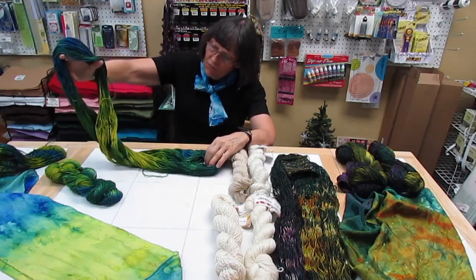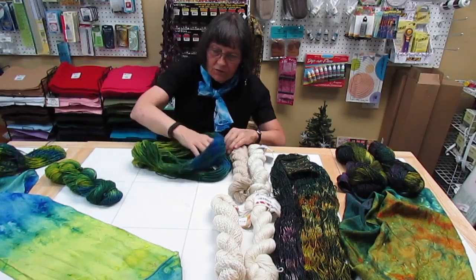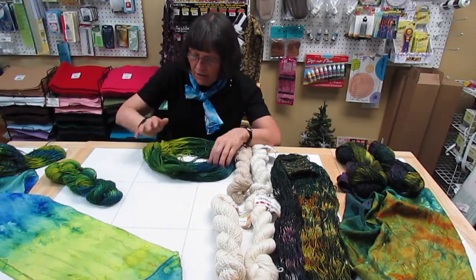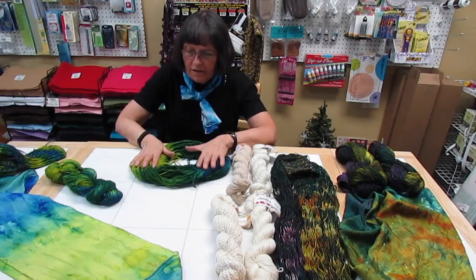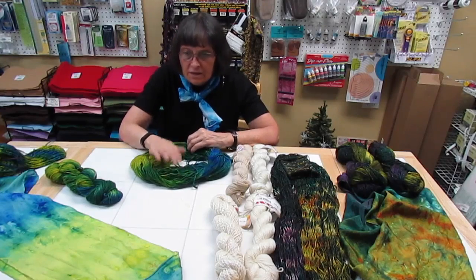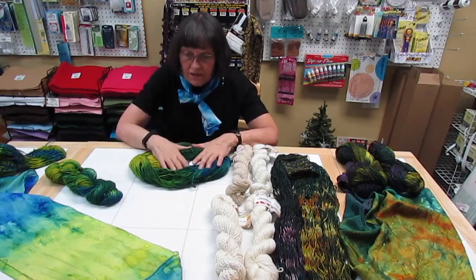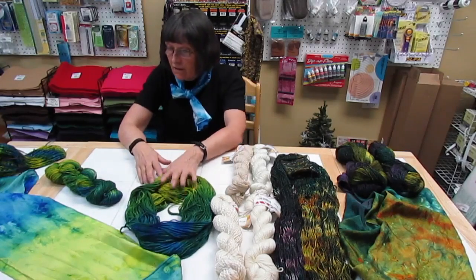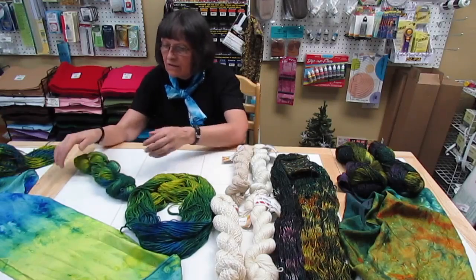Okay, we twisted it once and we folded it over, and then when we put our dye in, we put yellow on one end, blue on the other. Where it came together, it created some green. So that was our intention on this, to show you a different way to do it. Now what's interesting about this is